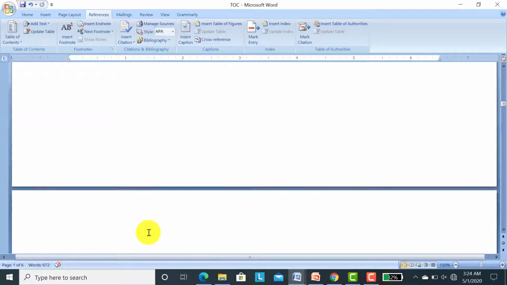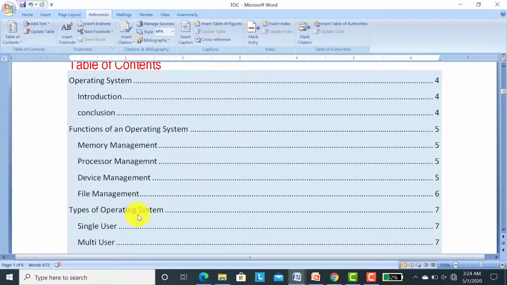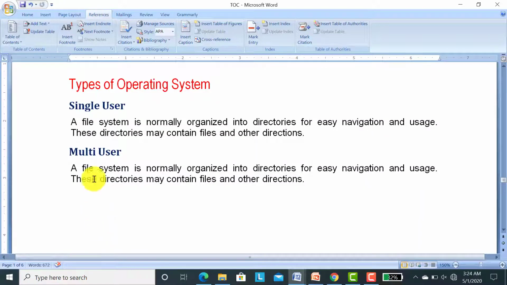I'll show you again. If you want to read Types of Operating System, Single User, click on the Control button and click the mouse button. Your cursor automatically goes to the Single User part of the page.